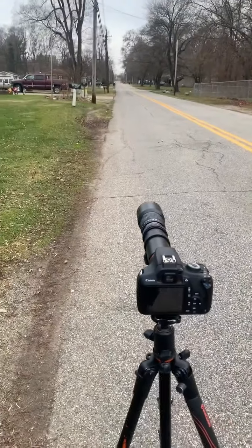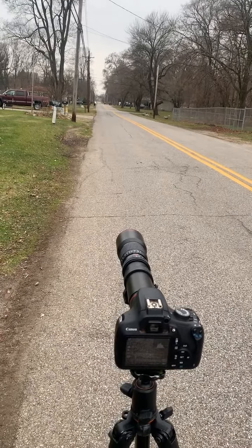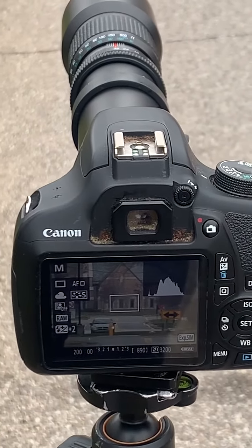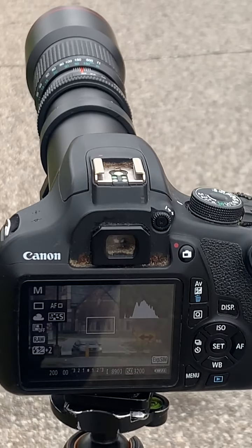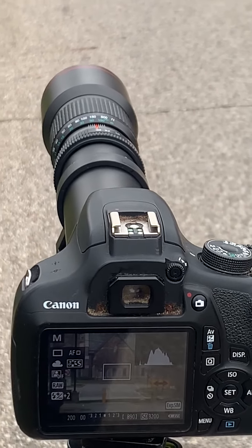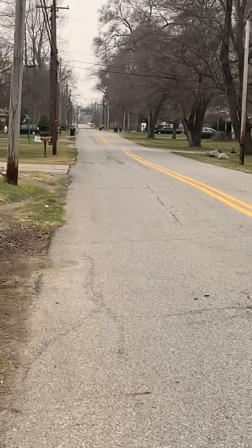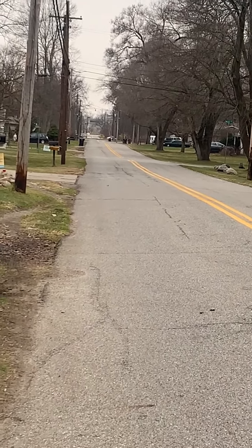Of course, I've never used a telephoto lens before, so I don't have any experience with it at all, and I've got only limited experience with manual focus, and this lens only uses manual focus. So I've had to do the best I can to manually focus the image, and I figured I would give an example of